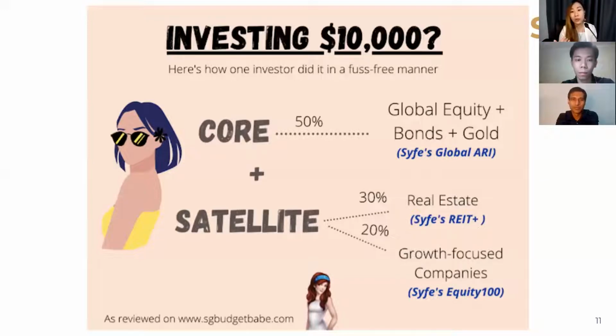So I would allocate 30% to real estate and 20% to growth-focused companies, so that I still get to ride that trend without having to go through the whole emotional journey of when it goes up and down. Just look at the stock price history of Amazon and Tesla and you'll know what I'm talking about. So if I had $10,000 to start with, I would do this. Even if I only had $1,000 to start, the same thing can be applied, because you guys have built it so that it doesn't need a huge amount of capital to get started.